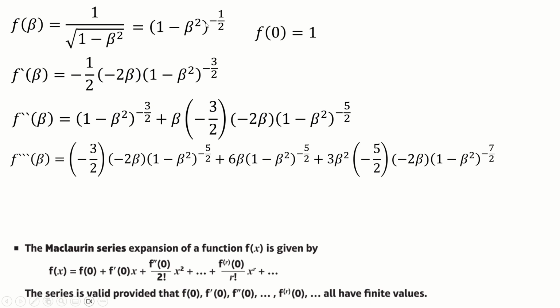F of 0 is clearly just 1 because it's 1 to the power of something. F dash of 0 is 0 because this beta forces it to go away. F double dash is 1 because this term goes away here, but this term still exists and it's just going to be a 1. And then f triple dash is just going to be, well, this term goes away because of this beta, this term goes away because of this beta, this term goes away because of this beta,